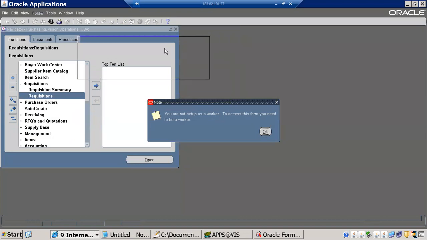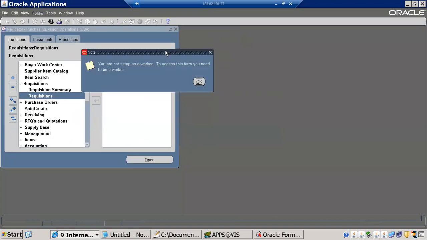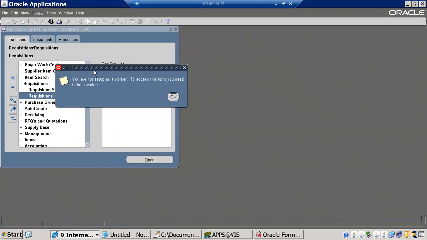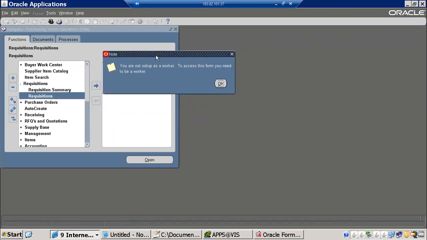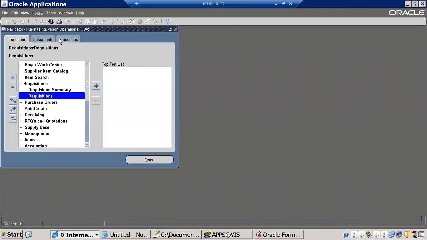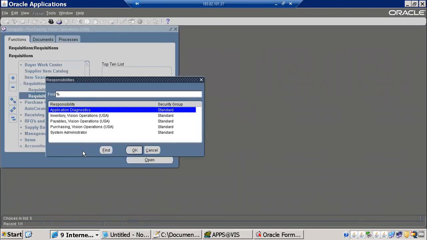Definitely you will get this type of error. If you get this type of error, you need to rectify. See, you are not set up as a worker. To access this form, you need to be a worker. So every person will not have access to open this form. To avoid that, what we can do is, first you need to go to